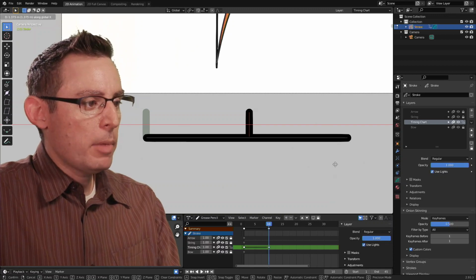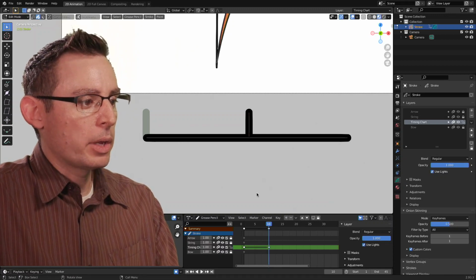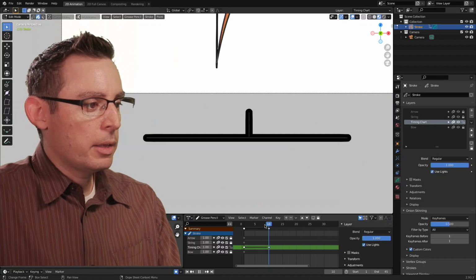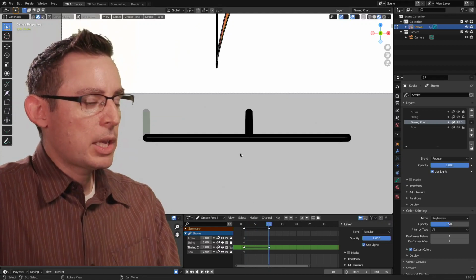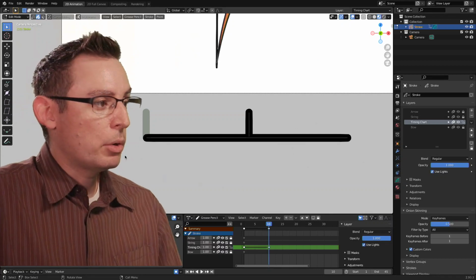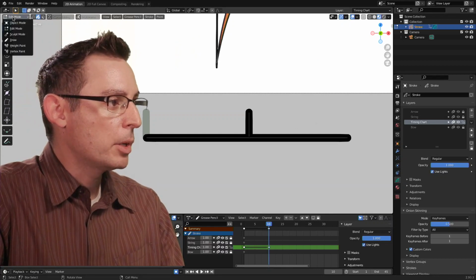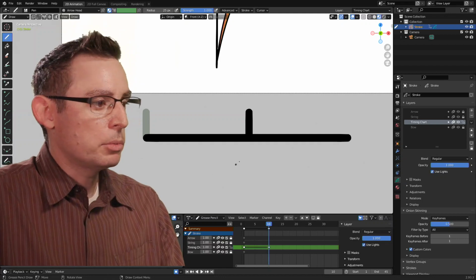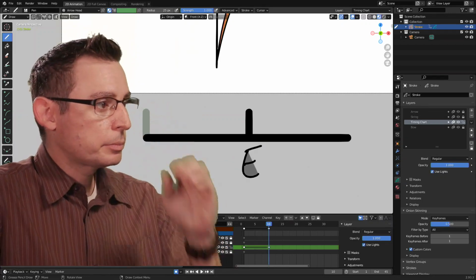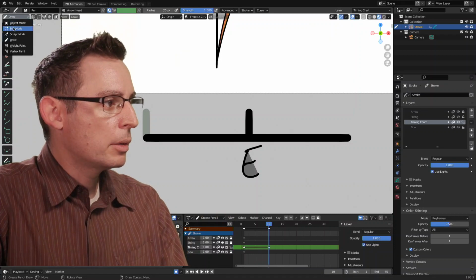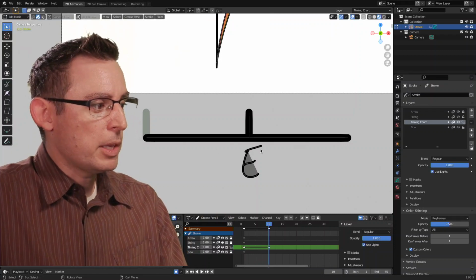Okay, so I know that maybe right about in here is when I want to have a good representation of time. So this one right here is going to represent the extreme pose. And shoot, I could even go in draw mode. I'm going to go into my pen tool, and I'm just going to draw a little E in there. There we go. Let's go back into edit mode. So this is going to be the extreme pose.